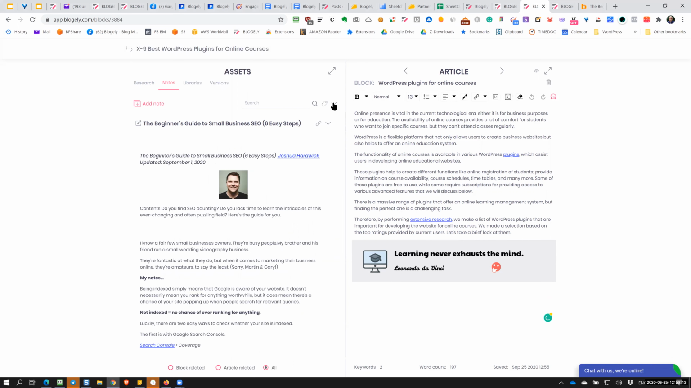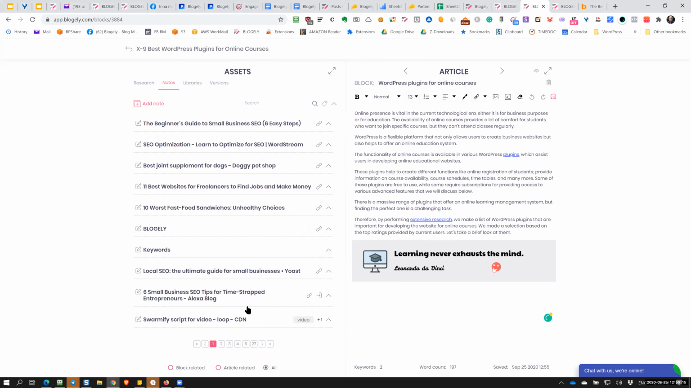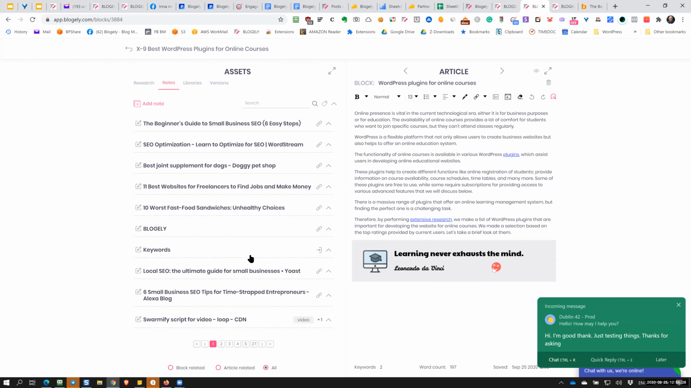So if I collapse it, I can see a bunch of notes here, and of course you can see pagination, right? So you can see I got 27 pages of different notes, information collected for different articles. But if I want to find something,